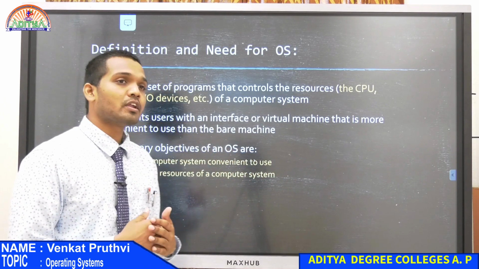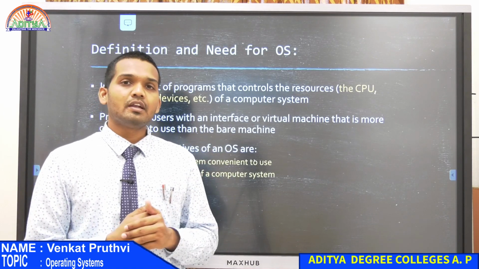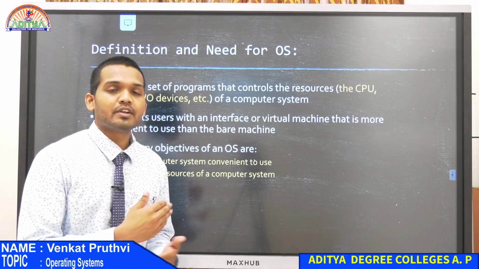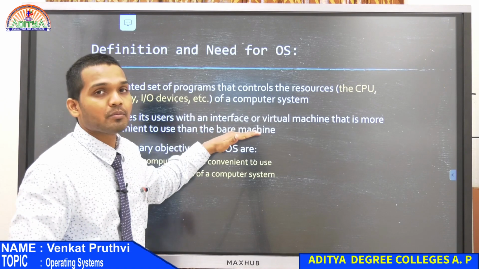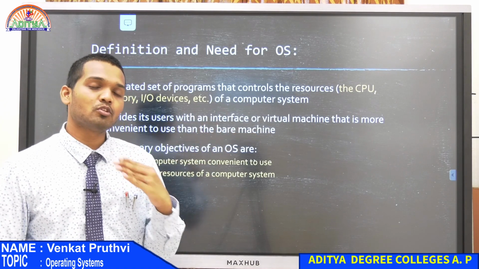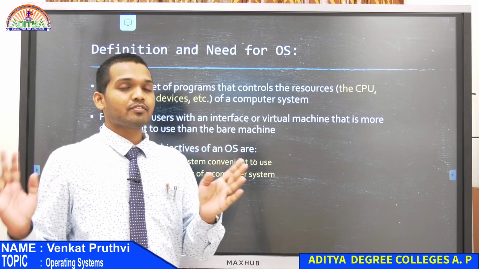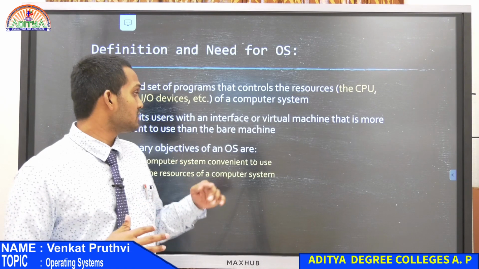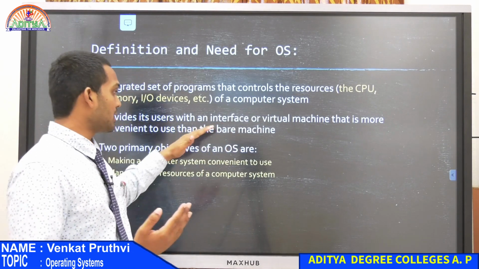So if you are having a user interface and it is also very convenient to use, then the first thing will do. But when compared to the bare machine, even those basic Unix and Linux operating systems are providing a certain set of commands with the operating system that will help us achieve tasks better than the bare machine, faster and more conveniently than the bare machine.